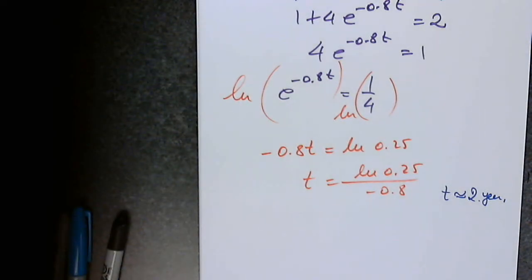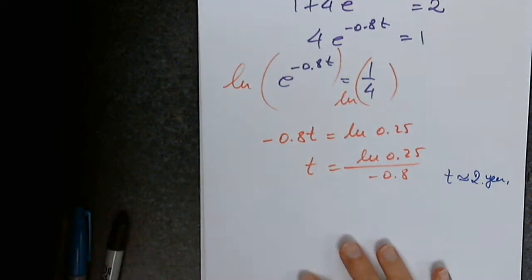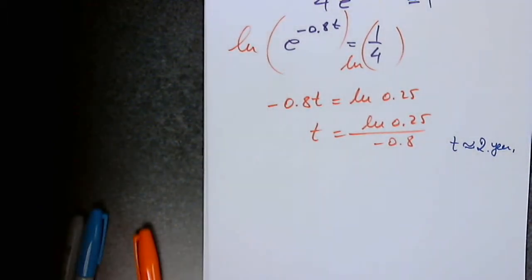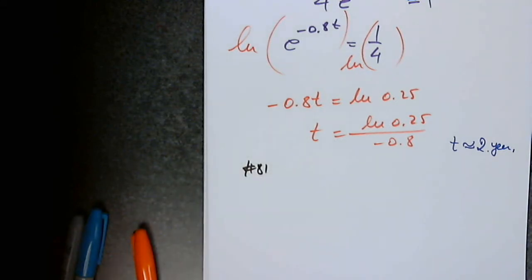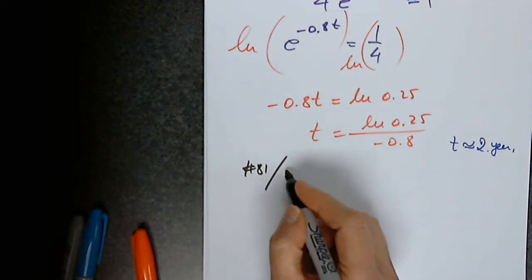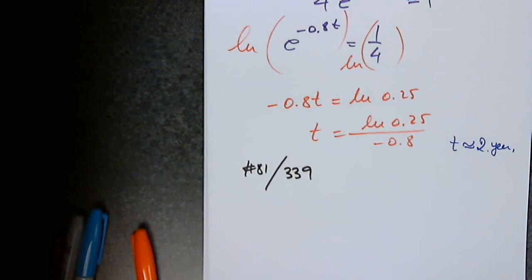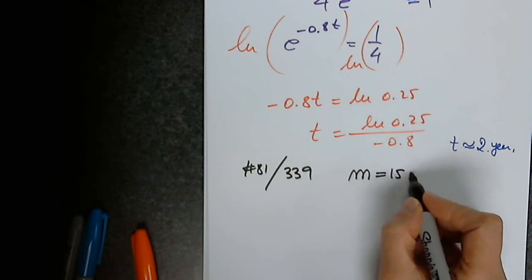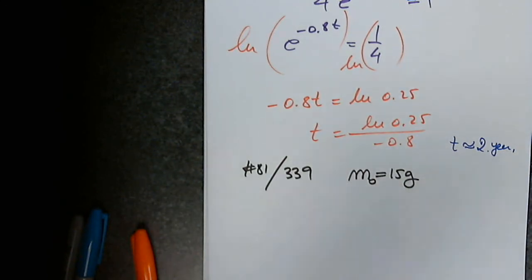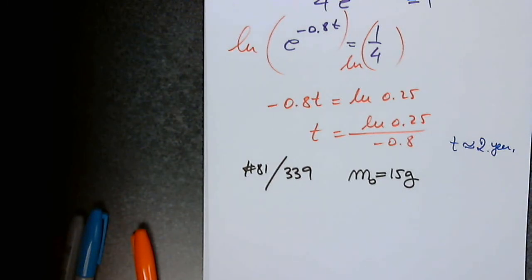Well done. We want to look at something else like radioactive decay. Yes? Perfect. We're going to have more problems with this in the next section. Radioactive decay, 81 on page 339. A 15-gram sample of radioactive iodine. So mass, 15 grams. And this is normally denoted by